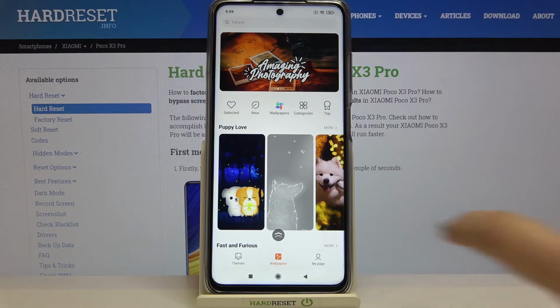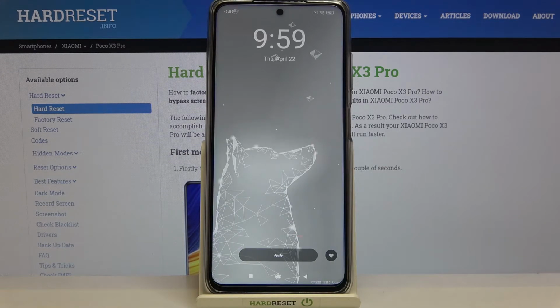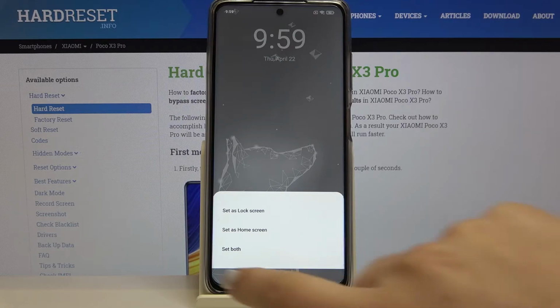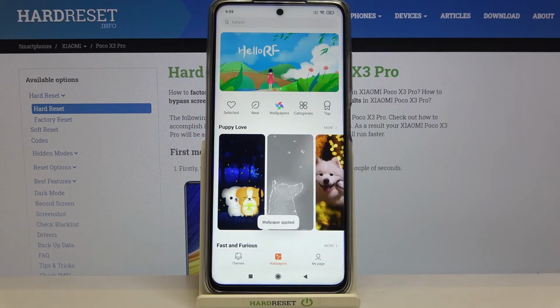So in order to check the preview, just tap on it, and as you can see, it immediately appears on the full screen. So if you are happy with your choice, just tap on apply. Right now you can decide where you want to set it, so you can set it as a lock screen, home screen, or both, and I will pick both options, so just tap on it